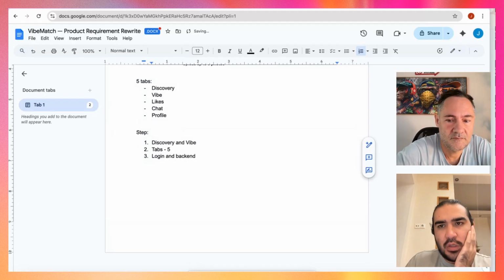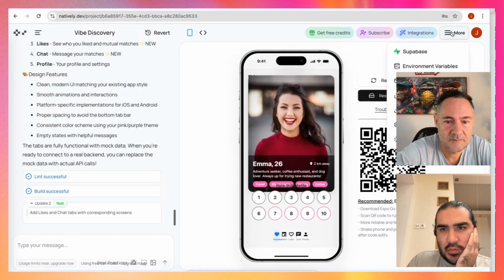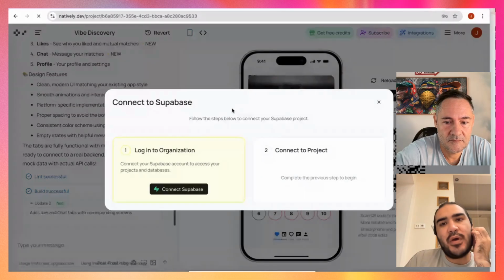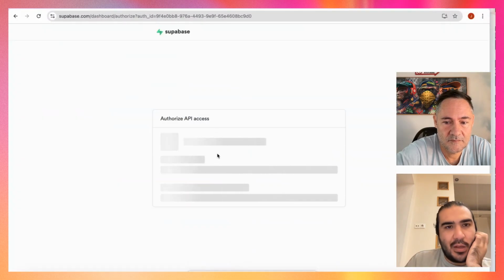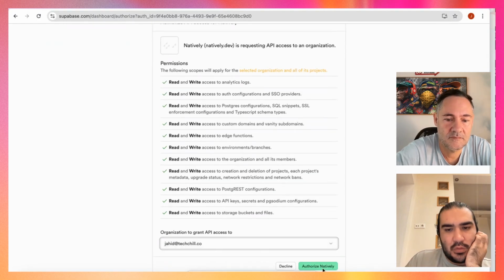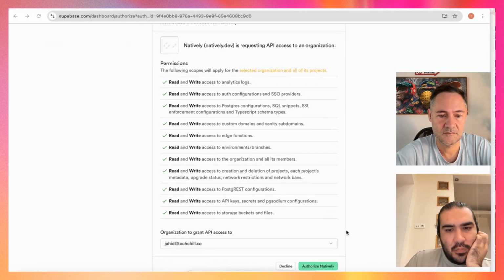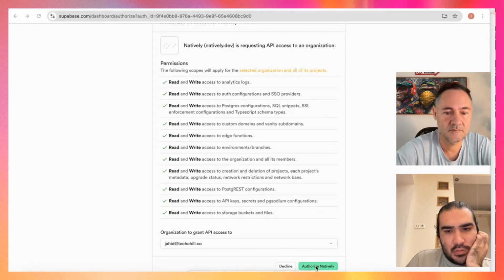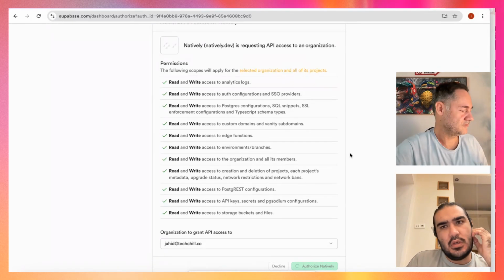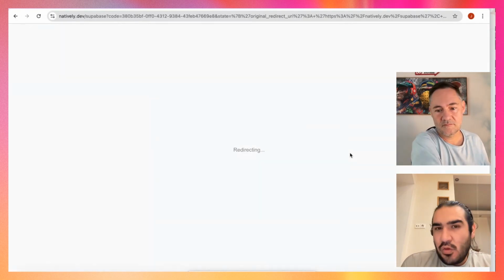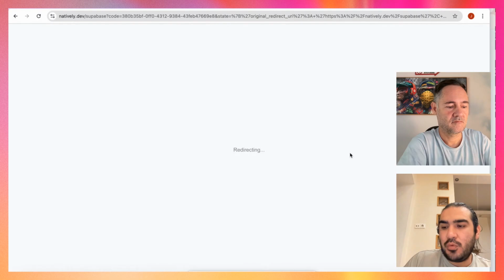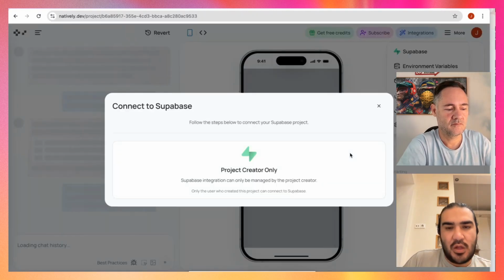So let me actually connect this with Supabase. This is our backend. But when I give this project back to Christian, because he's the owner, he will need to connect his Supabase. Okay, let's authorize. I just let Natively build a database. But you have to build a database as soon as possible, after the first and second prompt, because lots of functionality actually belongs to Supabase.